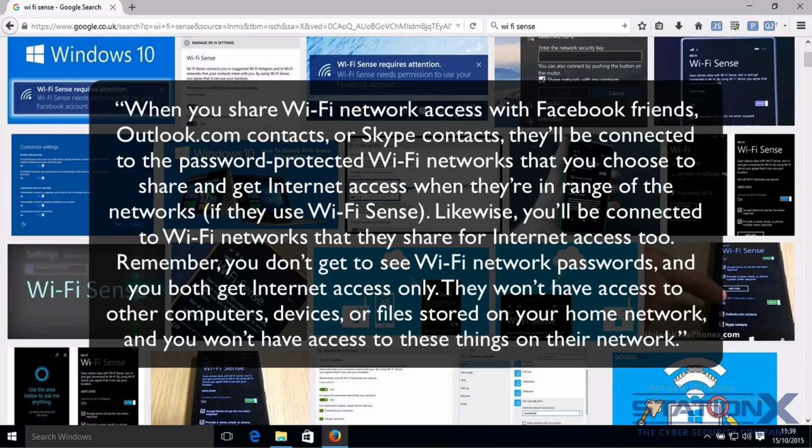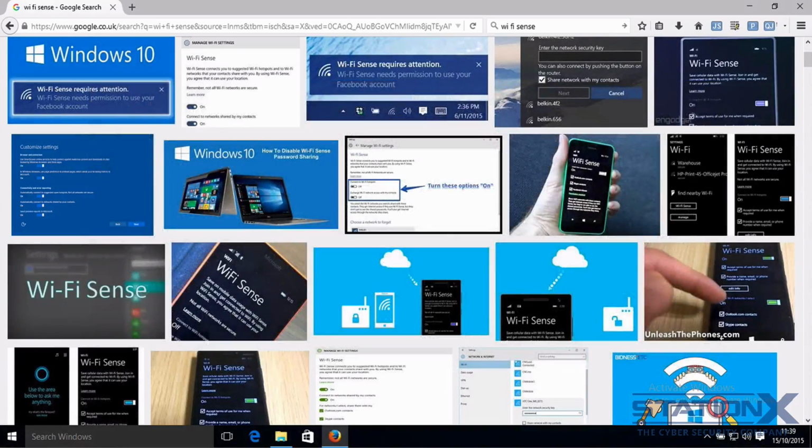Remember, you don't get to see Wi-Fi network passwords, and you both get internet access only. They won't have access to other computers, devices, or files stored on your home network, and you won't have access to those things on their network. Well, that's in theory. Wi-Fi Sense is switched off by default, but you can check to see what the